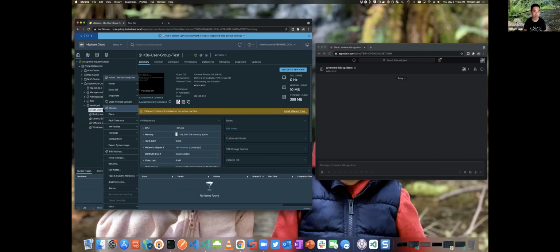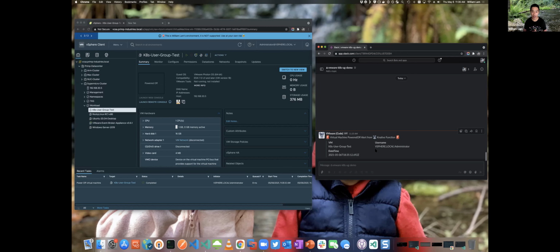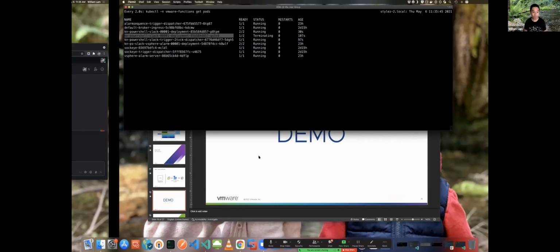So a really, really basic example, just to highlight how quickly you can build functions and deploy them using the new vSphere UI integration with the VEBA solution. You can also do this from a CLI point of view, but we just wanted to highlight how easy that is to do from a UI.